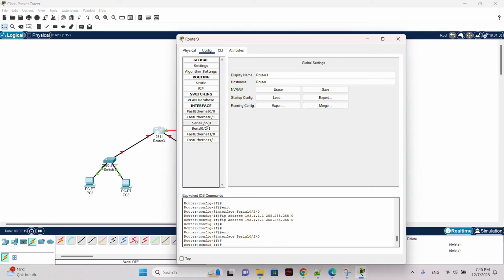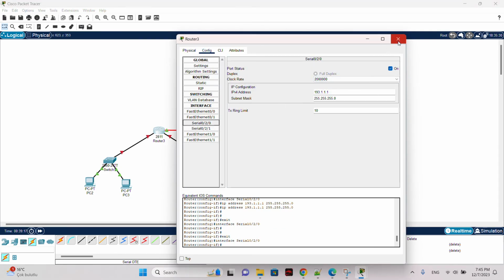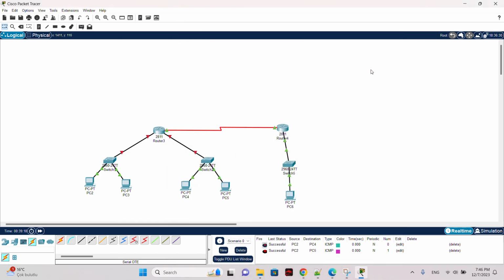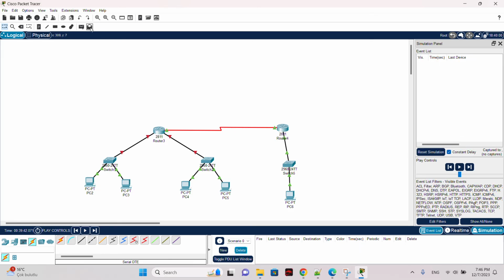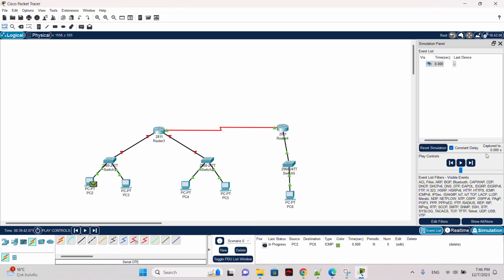Okay, let me check. Okay, we're all good. Now this is not enough. So if I try here and send the message, for example, from PC2 to PC6, and I start the simulation, I go through the switch, then